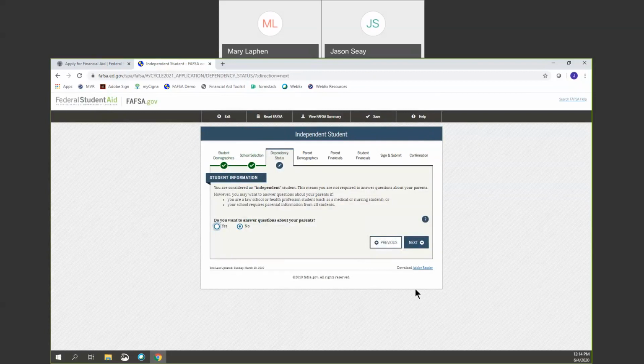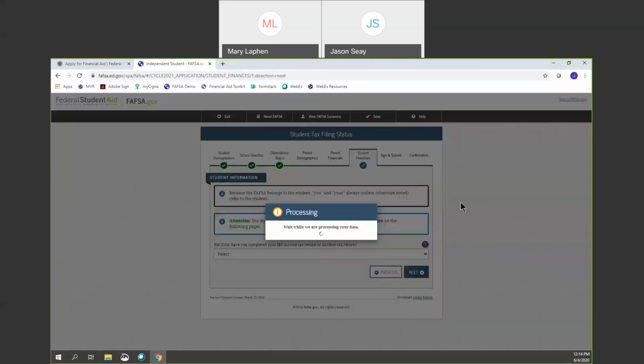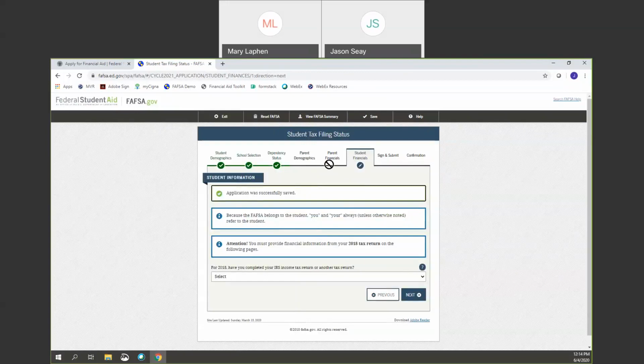However, you are asked, do you want to provide information about your parents? Well, you don't have to. You don't need to. So I would say, keep it at no, and then click next. And now FAFSA will skip the parent demographic and parent financial situation sections and jump straight to your student